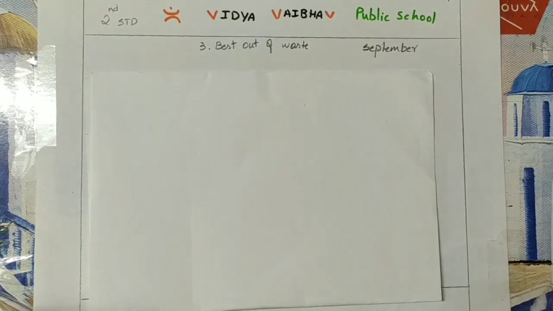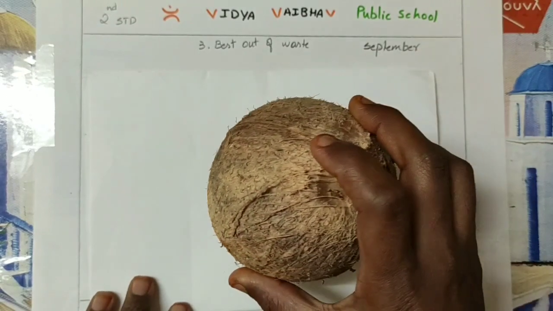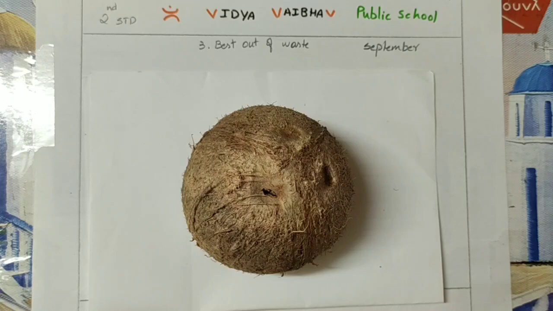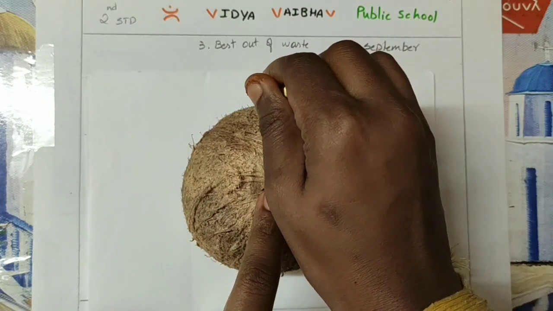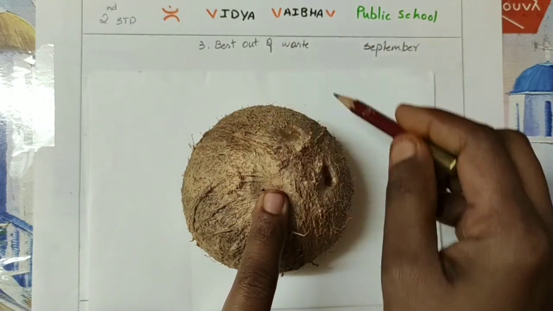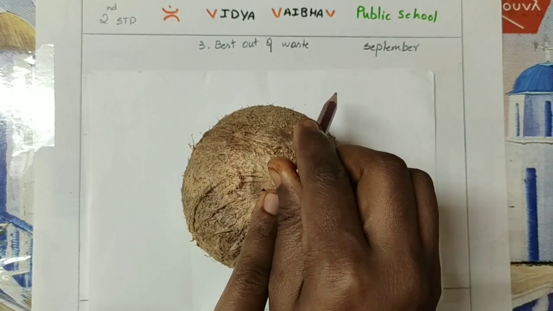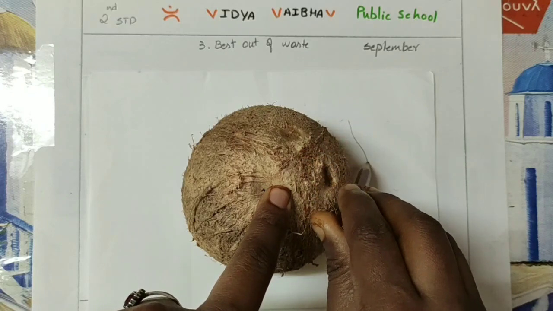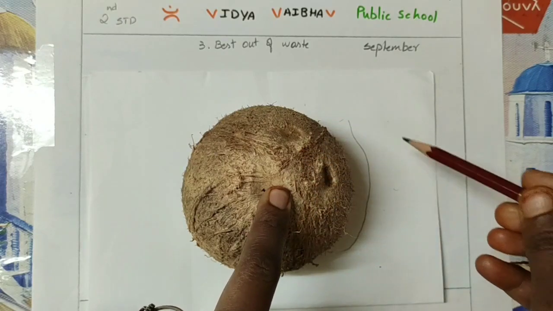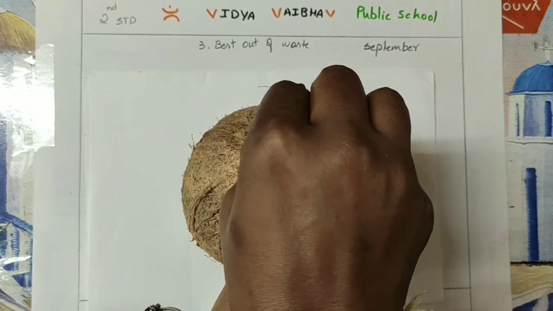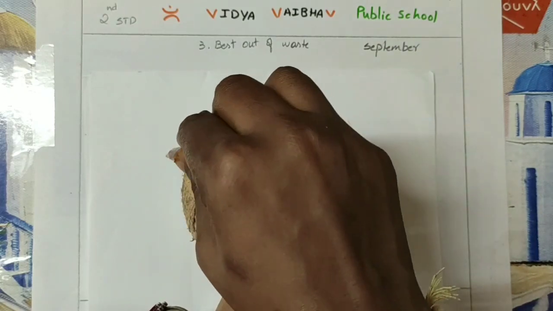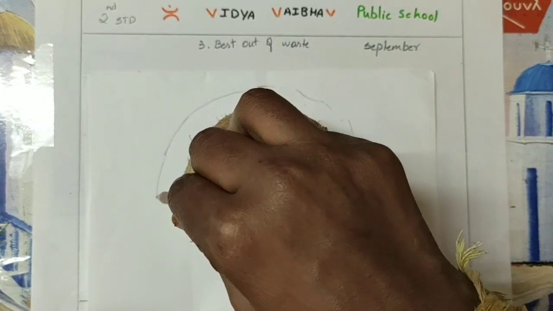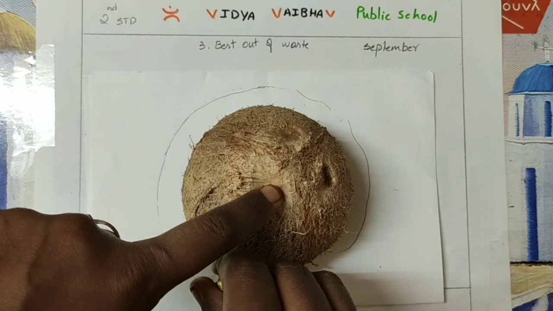So here I am using a plain white paper. Using a coconut shell, you can keep it reversed, just keep it like this, and then using a pencil slightly crossing, you can make a big circle. You will not draw the exact size, but you will draw like this. Okay, a little big. It should not look like the very same size of circle. Just randomly we can draw an outline like this.